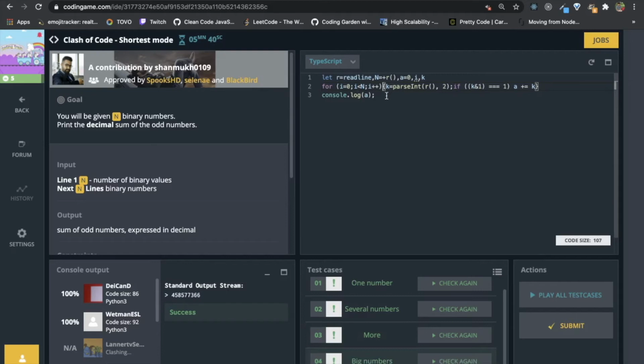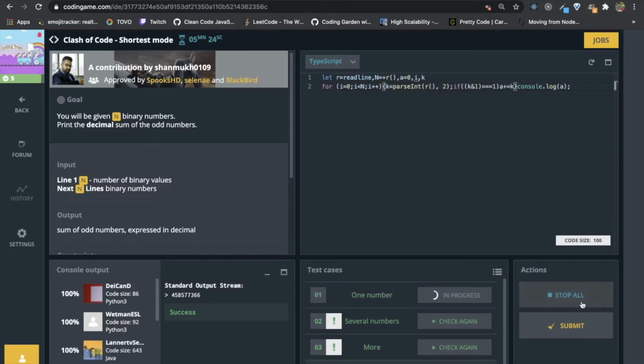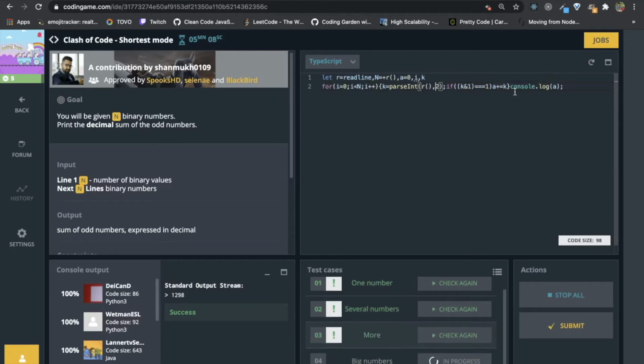Okay, I guess we have done the maximum shortening and we cannot minify more.